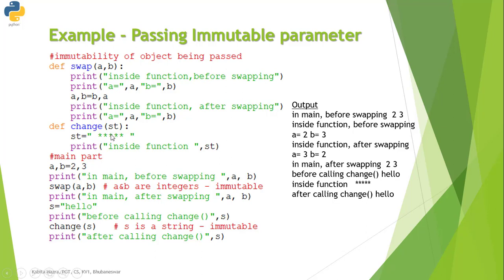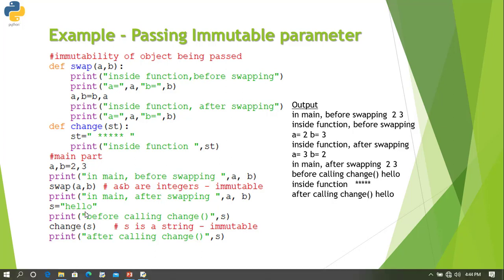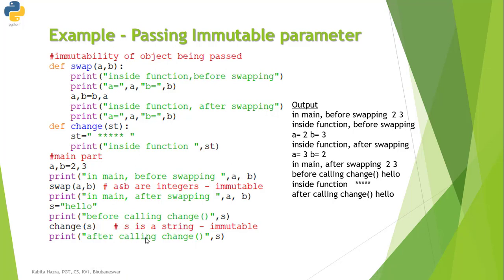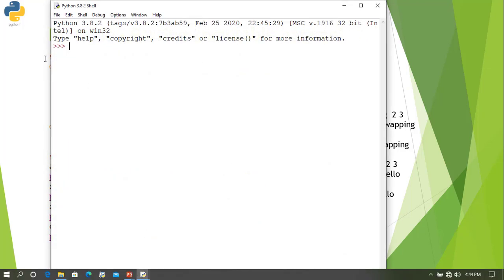String is also immutable, so when it is changed inside a function, the function will display a changed value, but as soon as we go to the original value and try to get it, we see that it has not been changed. It is the same as before changing. So let us see the example. We'll just take a single variable and we'll try to see the effect.